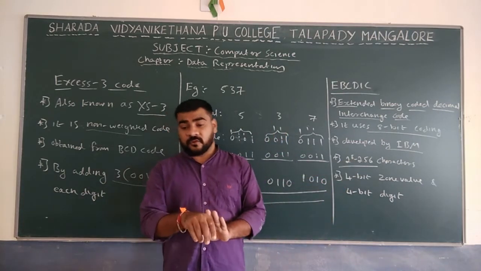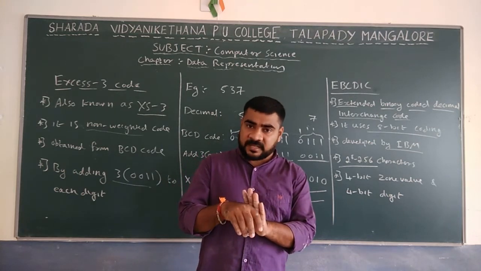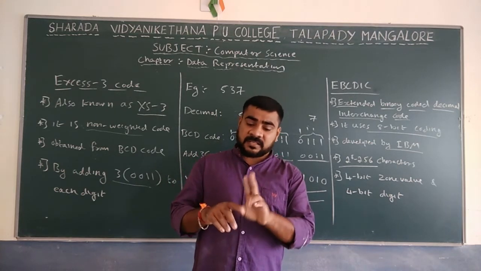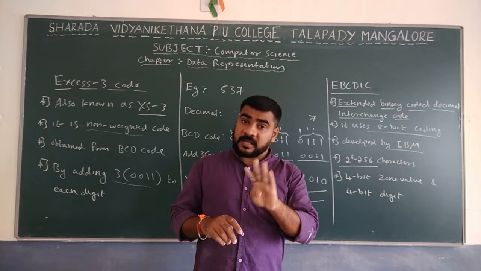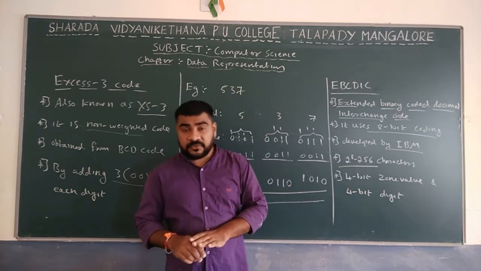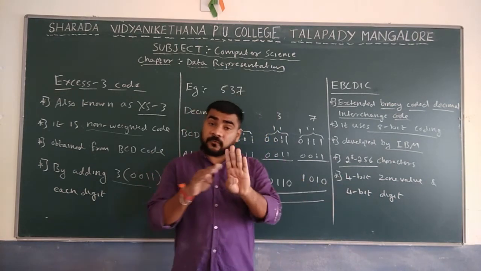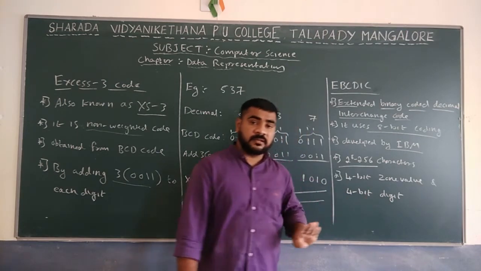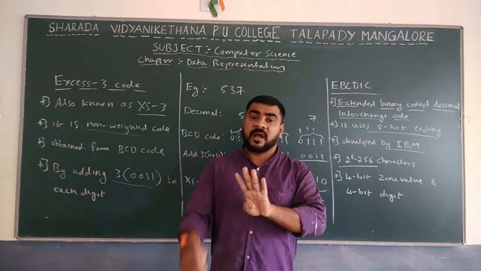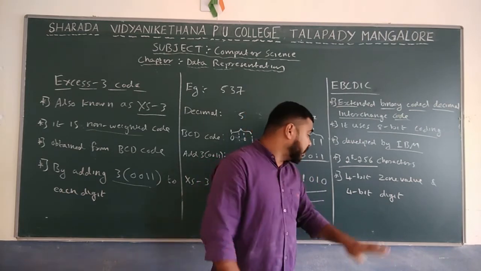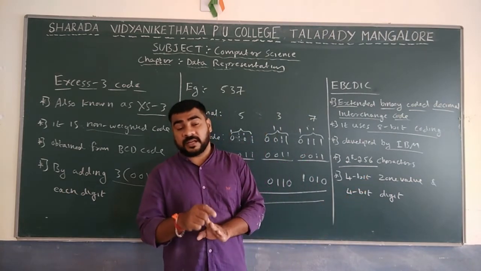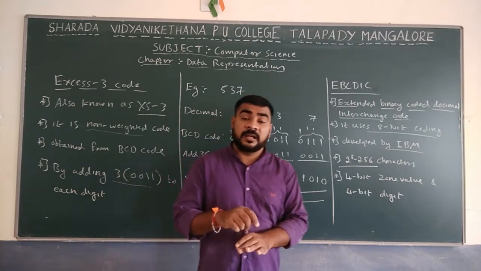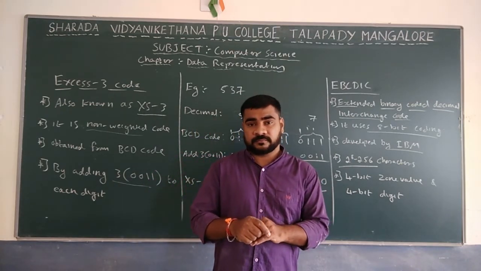In case of 4-bit, BCD is only a digit. In case of 6-bit, 2 bits are the zone bits and 4 bits will be the value. But here, if you use 8-bit, 4 bits are the zone value and the remaining 4 bits will be the digit. So like that we can represent the data in case of extended BCD coding.